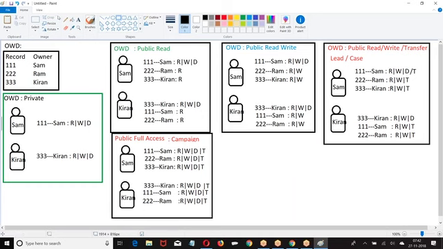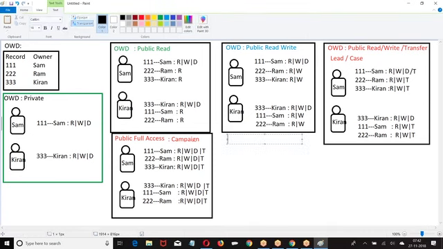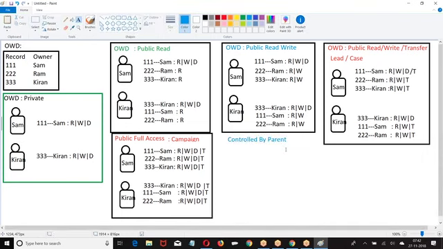Okay. The next we had was control by parent. Now, if you look at this, the entire logic is running as: are you the owner? Then you get this permission. If you are not the owner, you get a different permission. The entire OWD is basically concentrating on only two points: are you the owner of the record? If you are the owner, this is the permission you are going to get. If you are not the owner, I will give you a different set of permission.